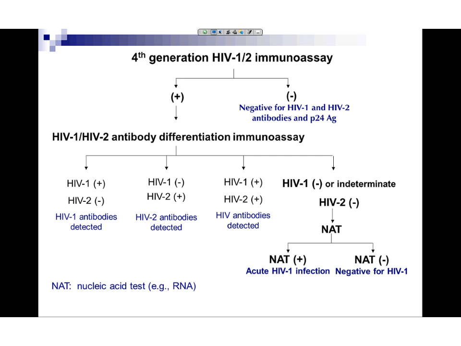One consideration, though, is that with this antibody differentiation assay, because of cross-reactivity, there are a small proportion of people who will be undifferentiated. In other words, positive for both HIV-1 antibodies and HIV-2 antibodies. Most of our evidence indicates that these people have HIV-1 infection, but they will probably be reported out as HIV antibodies undifferentiated, and if it's clinically indicated, they may need additional testing for HIV-2 in order to determine whether HIV-2 infection is present.